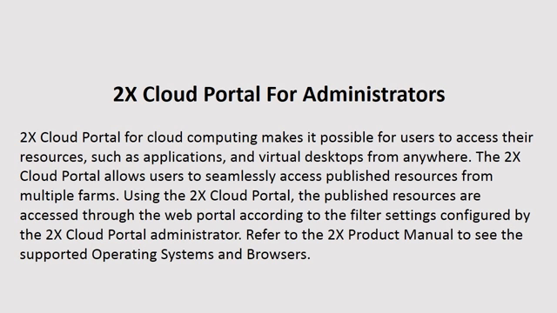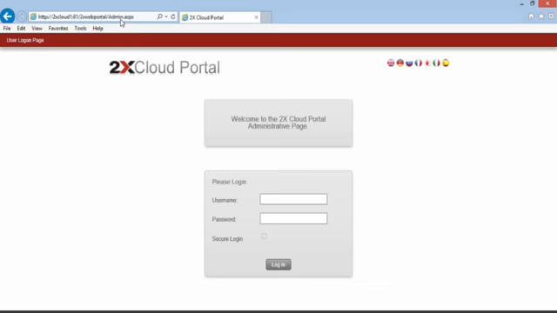Using the 2X Cloud Portal, the published resources are accessed through the web portal according to the filter settings configured by the 2X Cloud Portal administrator. Refer to the 2X product manual to see the supported operating systems and browsers. The first step after installing the 2X web portal is to direct the browser to